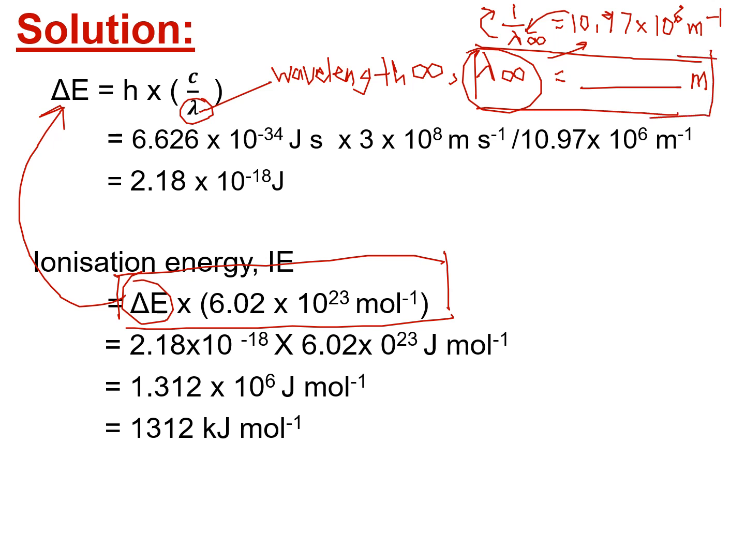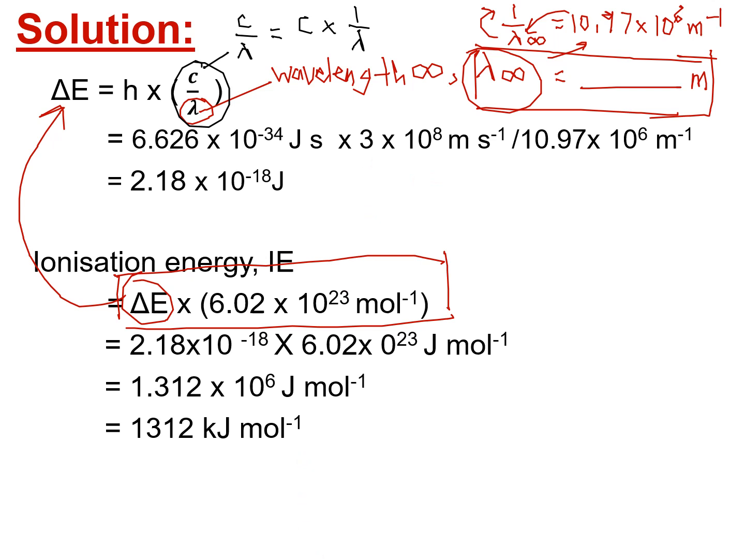Alright, you know h is the Planck constant, which is 6.626 times 10 to the power of negative 34 joule second. c is 3 times 10 to the power of 8. For lambda, if you break down this equation, you can see that c over lambda is c multiplied by 1 over lambda. So it doesn't matter what lambda is; you just plug in